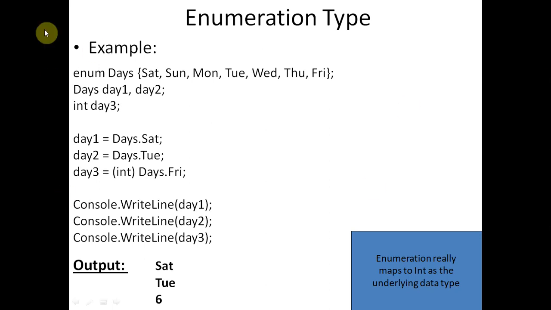So you can see the complete program of this enum Days. So enum Days of the week, and then we have written days here. Again we have mentioned here the object of the Days enum. Day 1 and day 2 are the two objects of the Days enumerator type, and day 3 is the integer type. So you can see the difference. So we have mentioned here day 1 equals Days.Saturday, day 2 equals Days.Tuesday. Days.Saturday means 1, and Days.Tuesday means 1, 2, 3, 4.